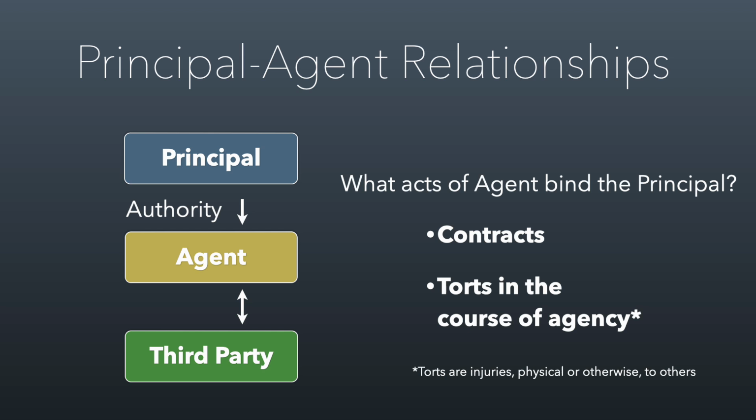Because Stanley was on his way to getting the pizza, and the same would be true if he was returning from the restaurant with the pizza, he was in the course of agency. That means Stanley was acting, traveling to carry out this purpose that was delegated to him by the study group. So he was in the course of his agency.